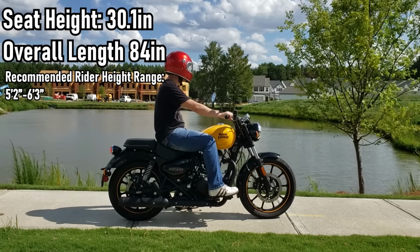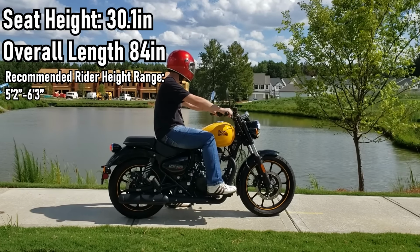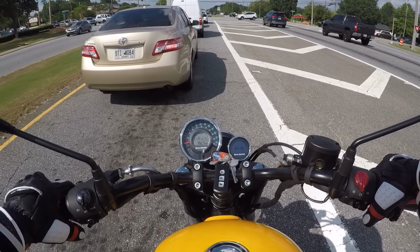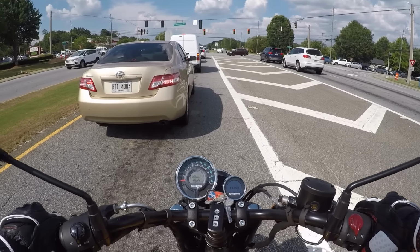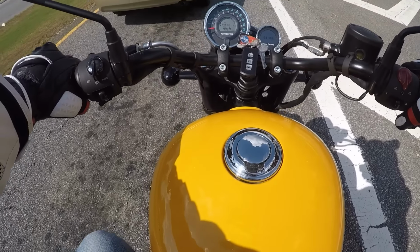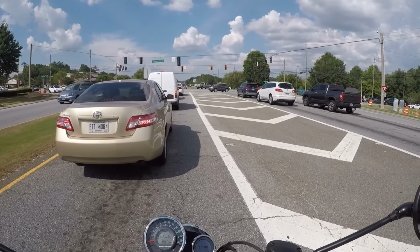At a seat height of just 30.1 inches, the Royal Enfield is not intimidating for those who are shorter, so people who are around 5'5" can still easily flatfoot this vehicle. The bike weighs just a tad over 400 pounds wet, so it's not that heavy at all, and it's super easy to manage still. This is a fantastic starter bike, and it's a great lifetime bike even,